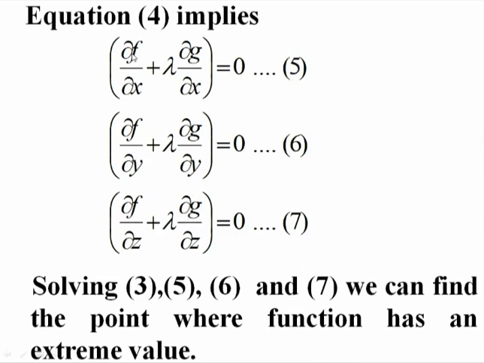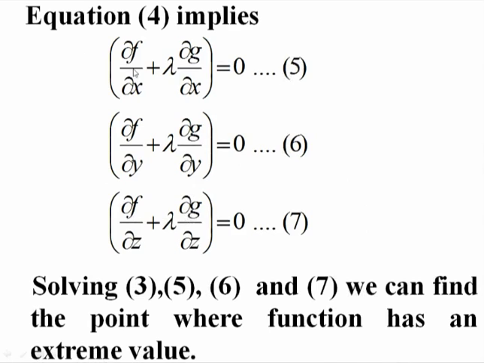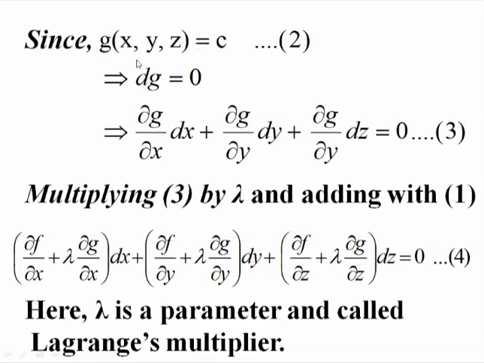So we can solve equation 2, g of x y z is equal to c, and then equation 5, ∂f/∂x plus lambda into ∂g/∂x is equal to 0; 6 is ∂f/∂y plus lambda into ∂g/∂y is equal to 0; and 7, ∂f/∂z plus lambda into ∂g/∂z is equal to 0. So by solving equations 2, 5, 6 and 7,